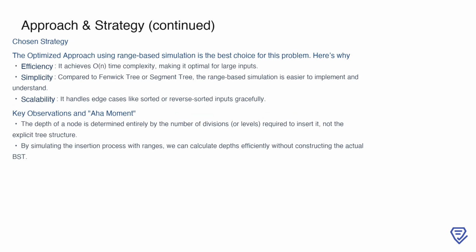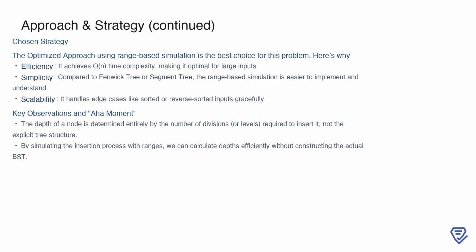After evaluating our options, the optimized approach with range-based simulation emerges as the ideal choice. It combines efficiency, simplicity, and scalability, achieving a linear time complexity of O(n). This makes it well-suited for handling large inputs, including edge cases such as sorted or reverse-sorted arrays. Unlike the Fenwick tree or segment tree methods, which are more complex to implement, the range-based simulation is straightforward and